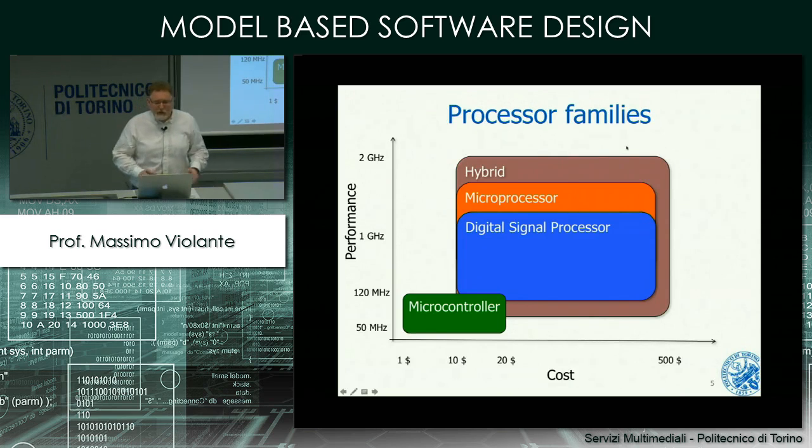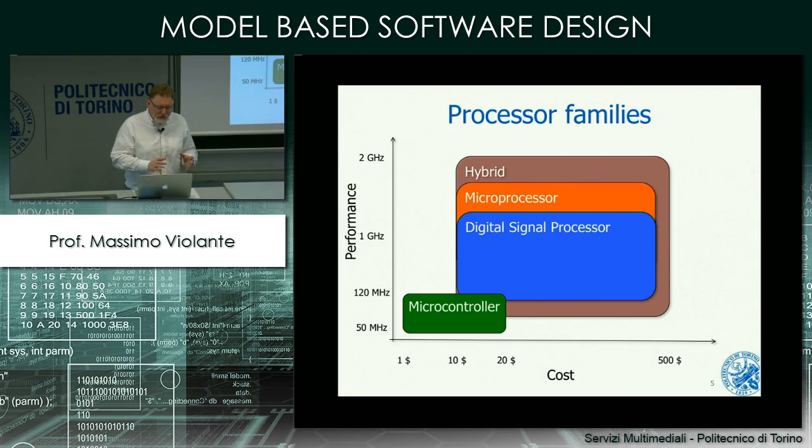Now that we have seen the functional units, let's look into the hardware that could implement those functional units. So let's look into the processor families, that are the set of physical components that we can use to put together the reference architecture that we just discussed. In this case, if we look into the market, we can recognize a number of different families